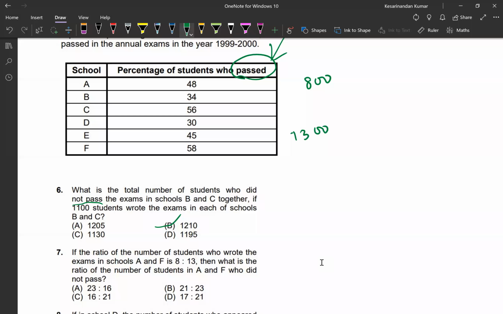Now what is the ratio of the number of students in A and F who did not pass? What will you do? Basically what you will do is 0.52 into 800 divided by 1300 into